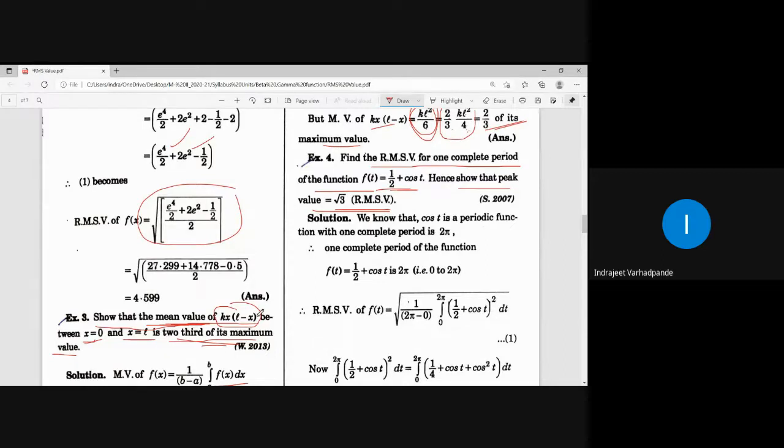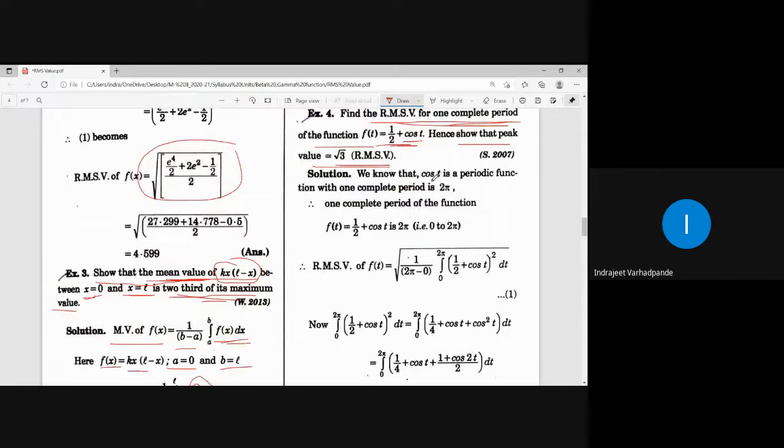We have discussed in the note that whenever the range of the given function is not provided, we will always be taking it as one period. And intentionally they have also mentioned in the problem that take it for one complete period. So for any trigonometric term, for the angle, we need to take the one period, that is particularly the range between 0 to 2 pi for sine or cosine. Show that peak value means maximum value, peak means highest value.